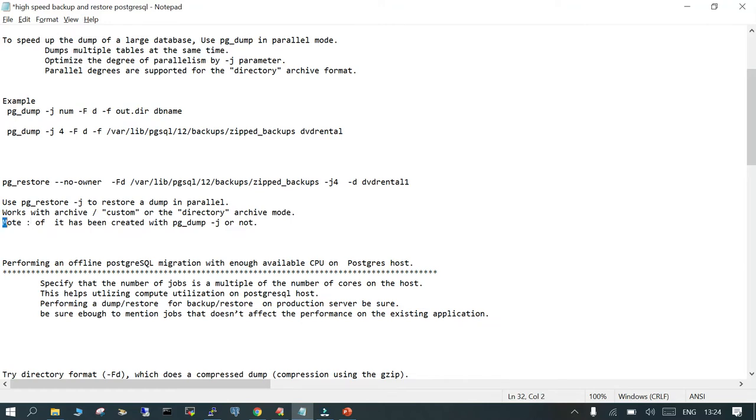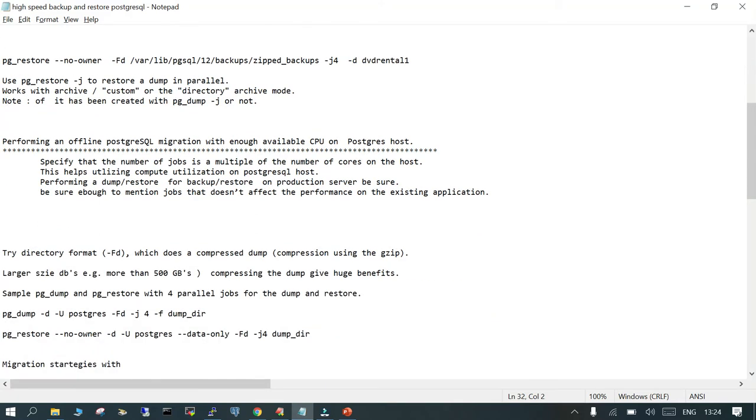So whatever it is, if you have not taken the backup, which is already there in the archive or the custom format, so that's the important. If you have not taken it in parallel mode also, you can restore it using this. I'll just save it. And the deciding factor when you start your migration to the cloud, whether it is online